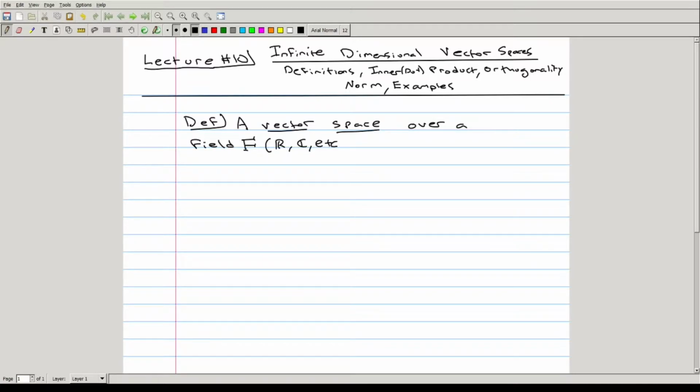It could be taken to be a more complicated field as well. But we say that a vector space over a field F is a set V